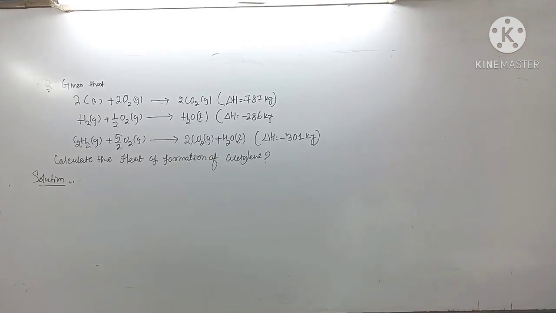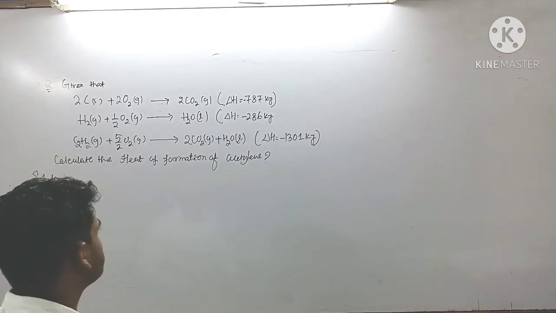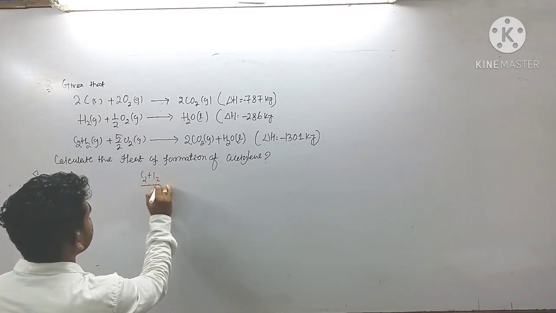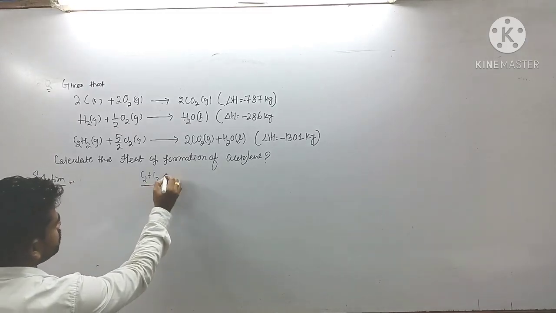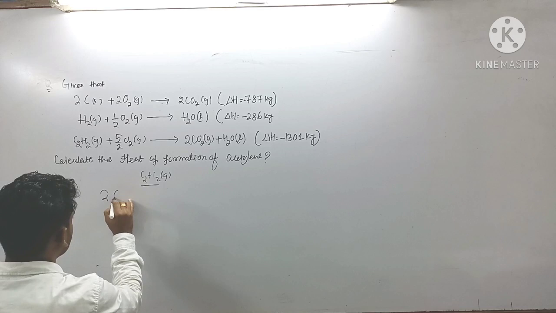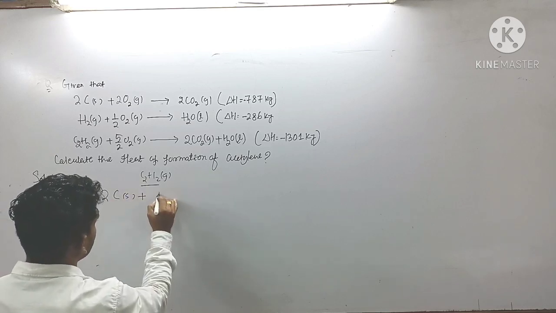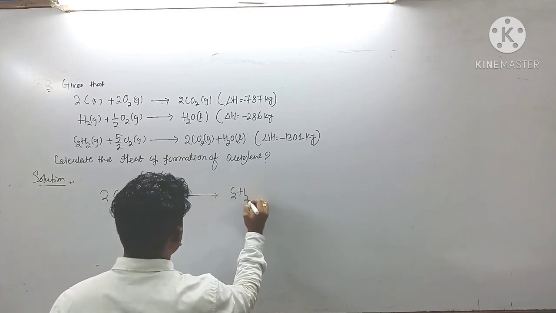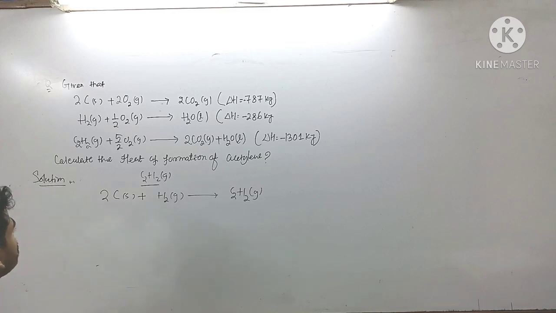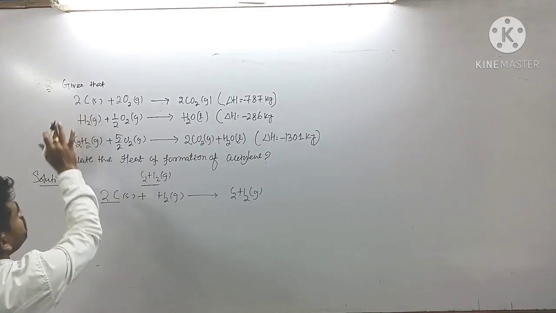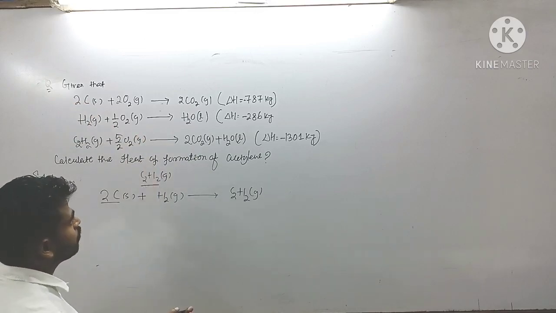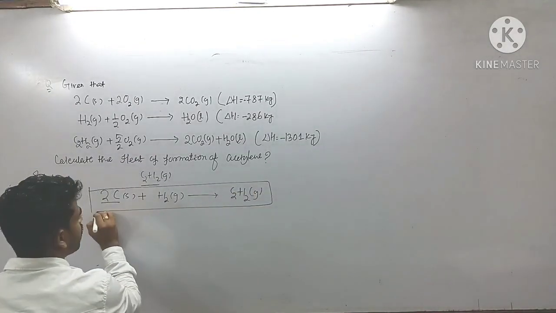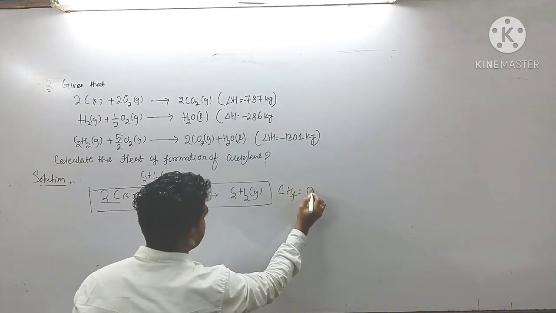Next you see in this numerical, calculate the formation of acetylene from these data. So acetylene formula, that is C2H2. Okay, so in order to form this acetylene, I need 2 carbon solid plus H2 gas, then I can get C2H2, acetylene gas. So you see 2C, so where is this one, equation 1, 2C already there, no need to multiply anything. So this is my target equation, and I have to find out del HF is equal to how much.